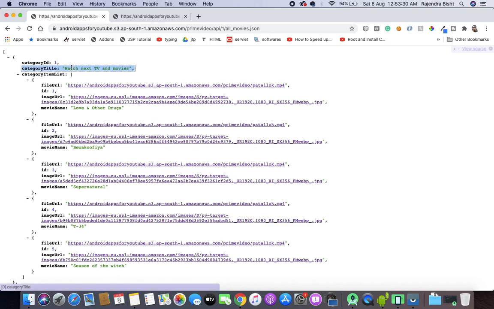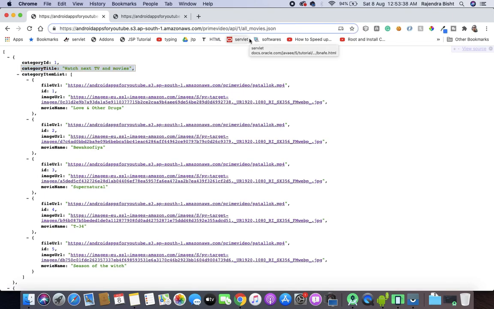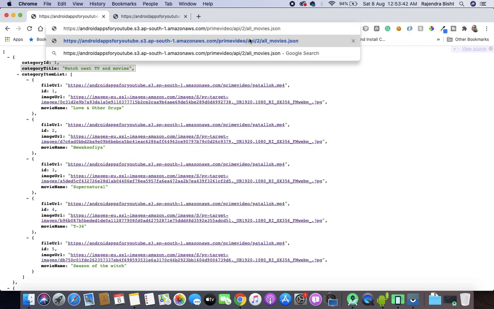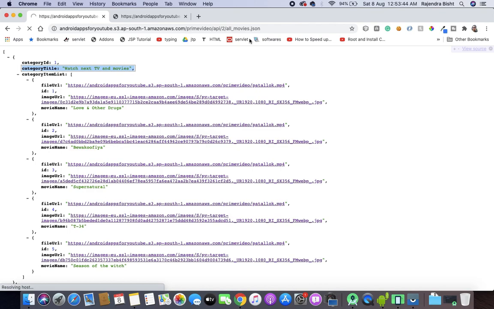So this is our endpoint where we are getting all movies of category ID 1, which is home. Now you will call this 2, so you will get the other category ID which is 2. I think my internet is not working.